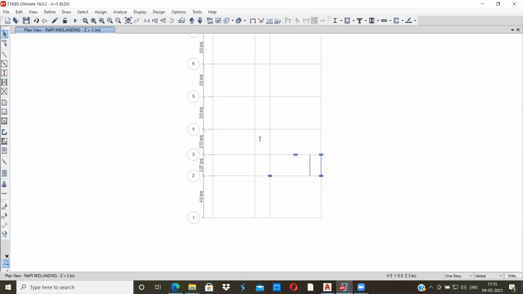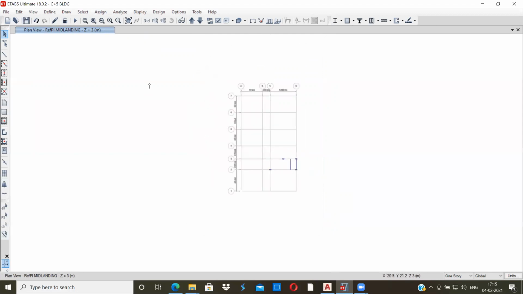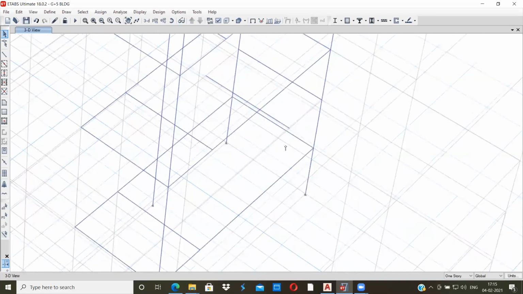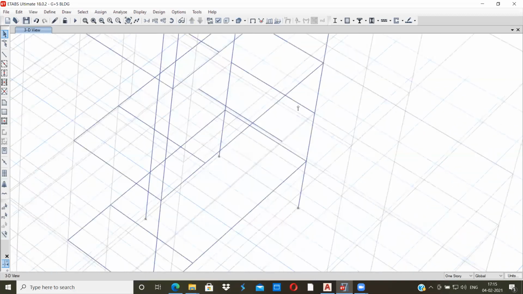Now I will model the slab, that is the base slab of the staircase. So I'll go to 3D. I'll just zoom the bottom floor there. So see, this is our mid landing now. If you observe carefully, this is our landing beam, right? So here, using these points, I should model the landing slab, and using these points, I should model the base